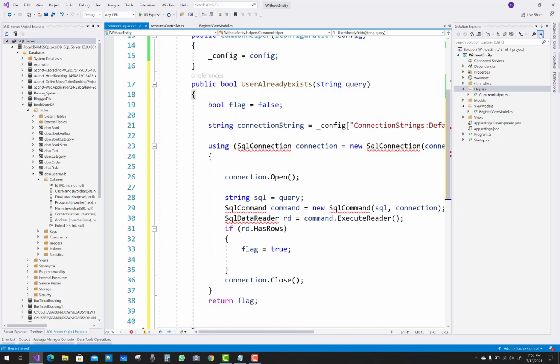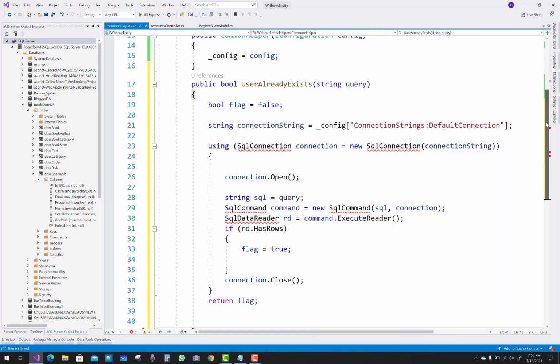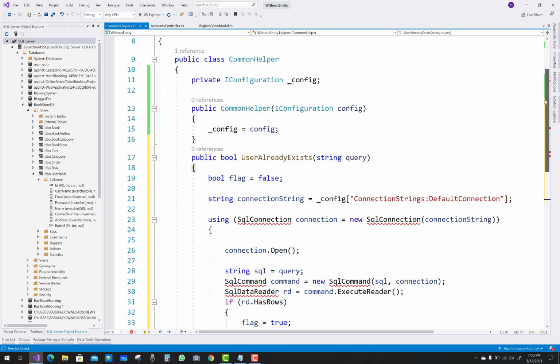Just paste it here, and you can see UserAlreadyExists. That method checks if the username and the email already exist, then returns the boolean value true. I mean to say that if the user already exists, then return true.